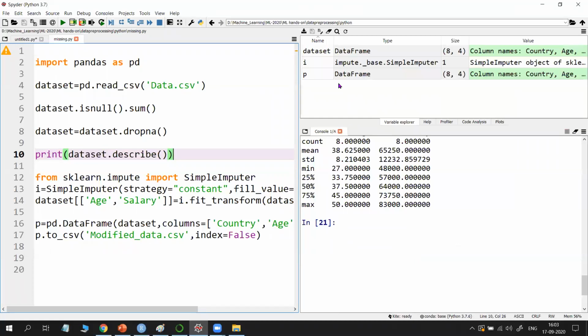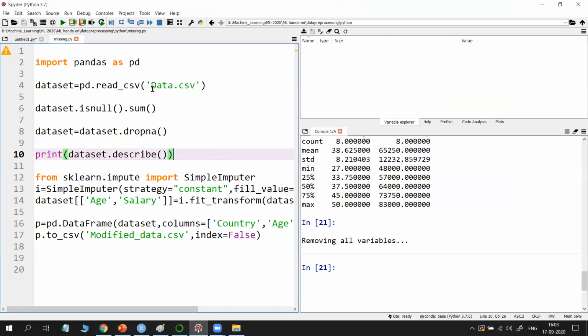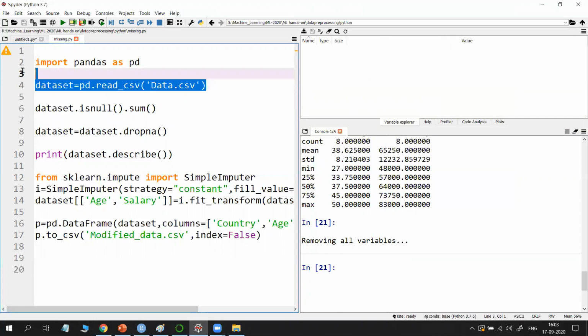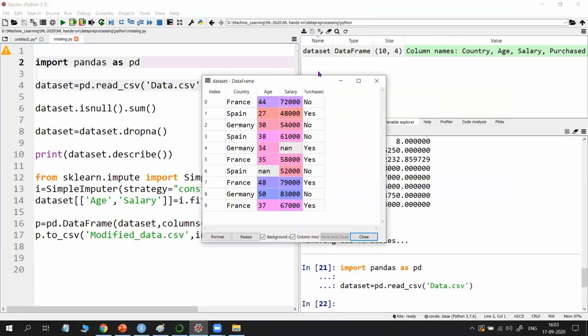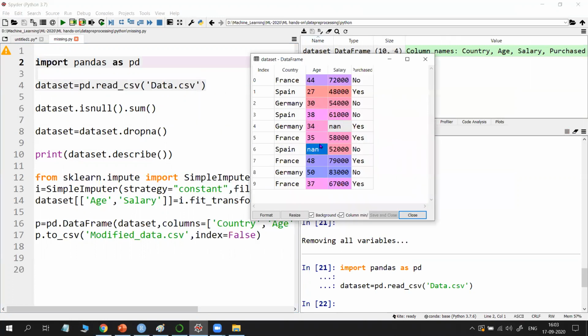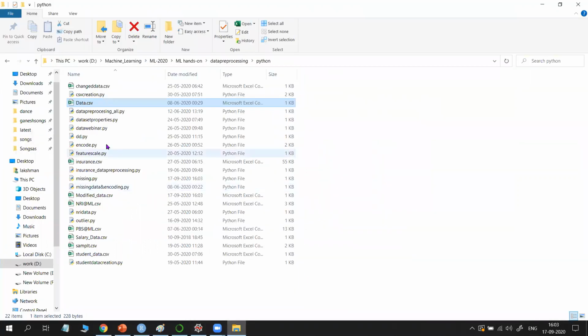Okay, if you click it, it can be set as the current working directory and also the program is executed. But I don't want this. I want to clear it, so use this button. And now I will try to show the complete execution in a step-by-step way. See, first execute these two lines, select and F9, data set is loaded. Open it, see here, NaN. So in the Excel, those are blanks.